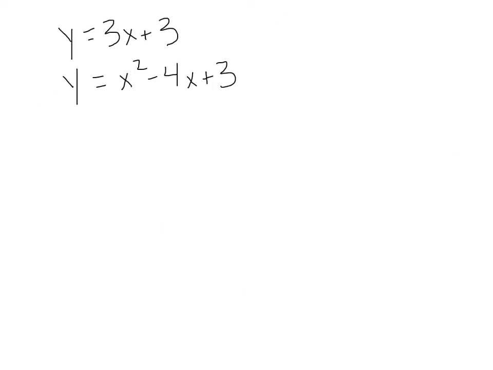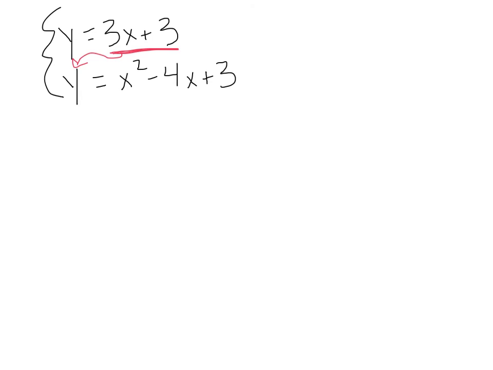Alright, so this system of equations has a line and it has a parabola. Since we have a line and a parabola, we can have at most 2 solutions. Let's use an algebraic technique to find these solutions. Looks like we already have y equals something, so I'm going to use substitution to plug in 3x plus 3